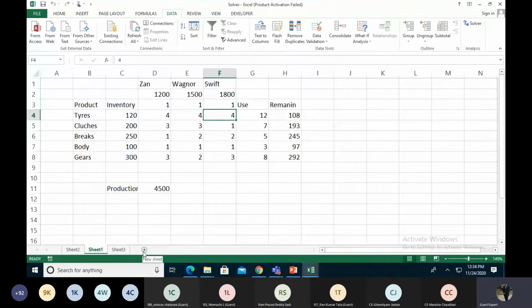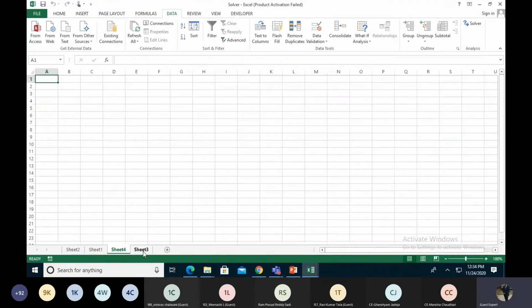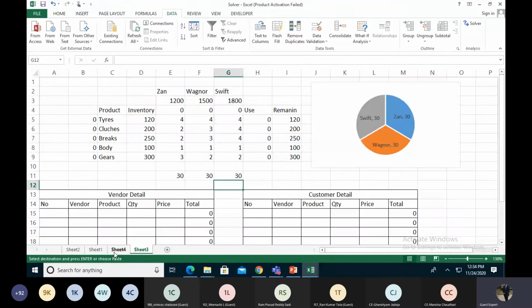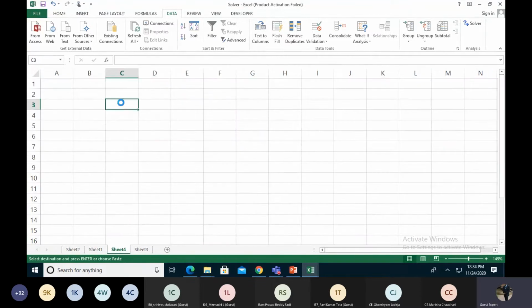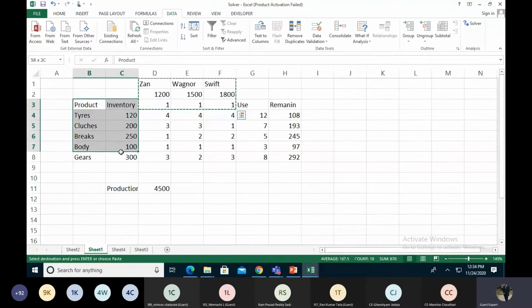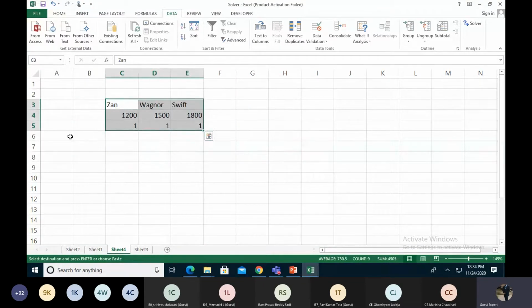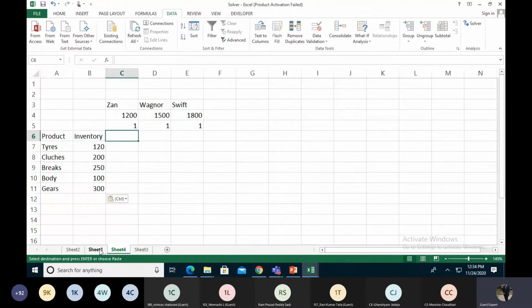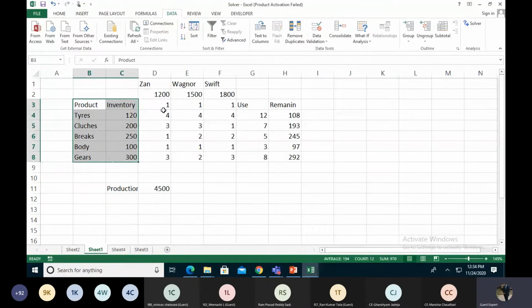Okay, so I'm creating a new project over here. I just copy the basic things. I also copy the inventory. Okay, so my criteria is